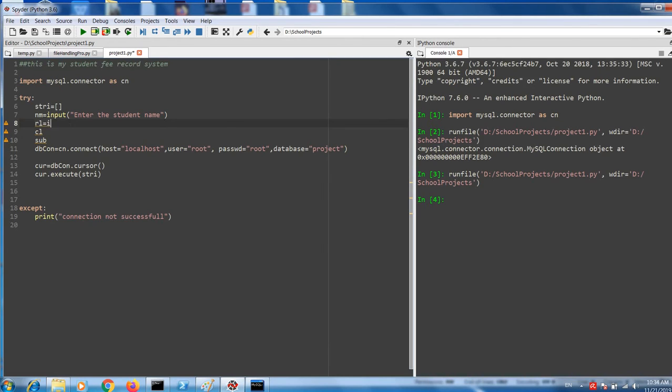So roll number is an int, so I'll convert it or typecast it to an int. So we'll get inside input, enter the roll number, which is equal to int of input. So I'll ask for, enter the class,